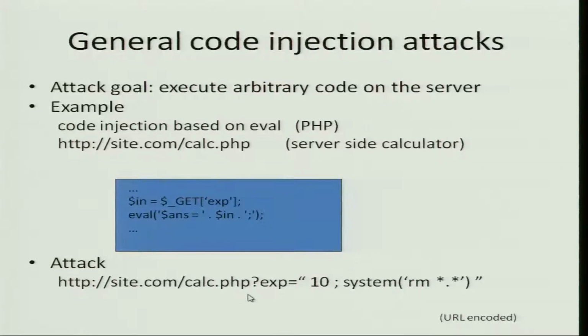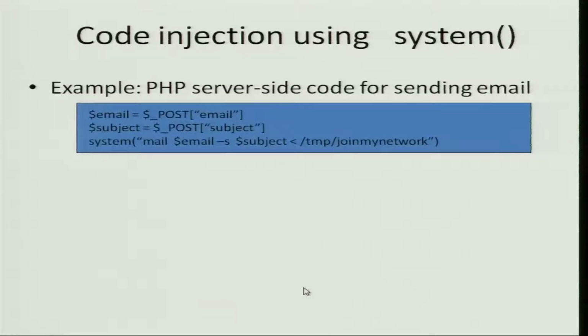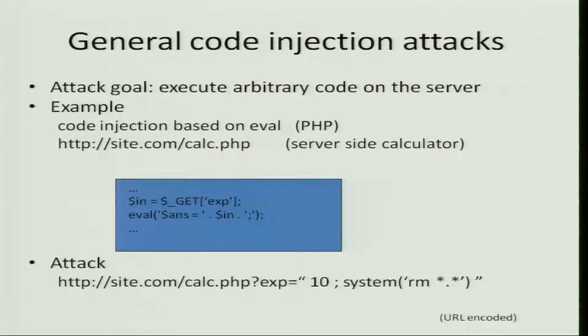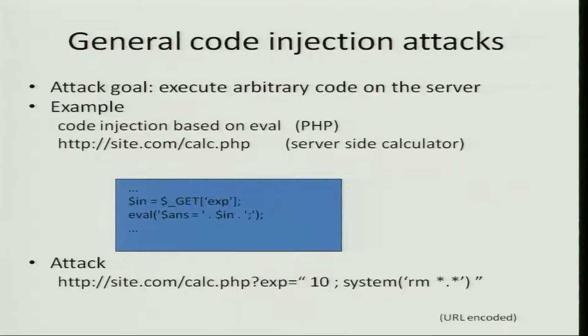So in the fragment part of the URL, it can put a query, and instead of just having an arithmetic expression, it could also have some command that a PHP interpreter would be able to execute. So for example, in this case, it's saying make the system call to remove star dot star. So it will basically delete the entire directory. Of course, on the other side, depending on the security architecture on the server side, this may or may not be allowed. So assuming that the server side is not designed correctly, this could actually do the harm the attacker